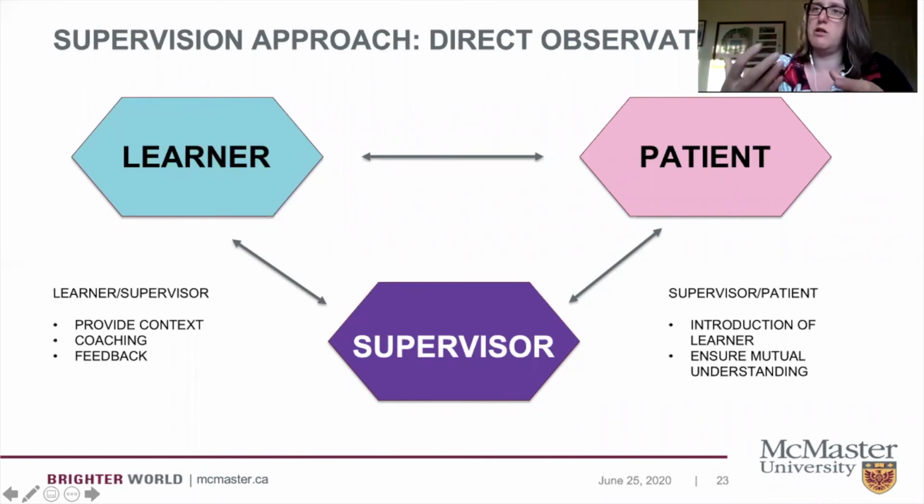So you may go in at the close of a visit to ensure there's mutual understanding. So let's stop and pause and think about how we can do this in a virtual world. So let's think for a moment about telemedicine. So telemedicine, you may have the learner start the visit on their own, have an interaction because you've provided context